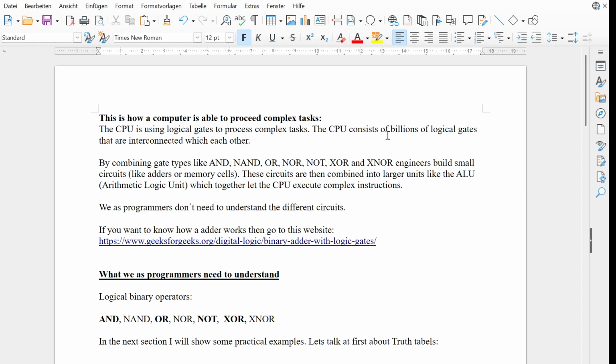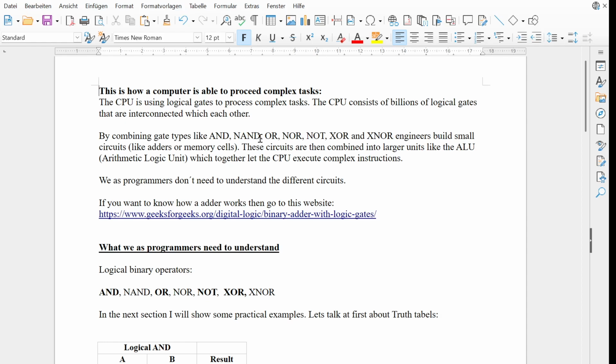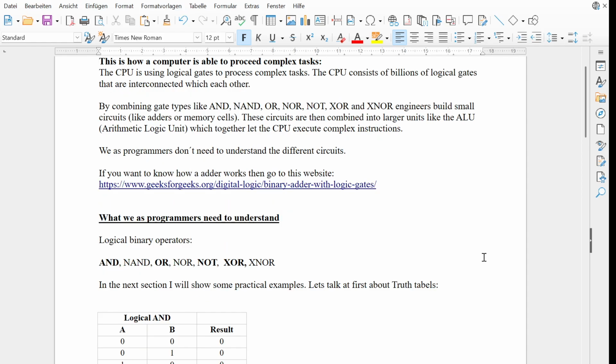The CPU consists of billions of logical gates that are interconnected with each other, and by combining gate types like AND, NAND, OR, NOR, XOR, and XNOR, engineers build small circuits like adders or memory cells, and these circuits are then combined into larger units like the ALU, the arithmetic logic unit, which together let the CPU execute complex instructions. And we as programmers don't need to understand all these different circuits and how the adder works,